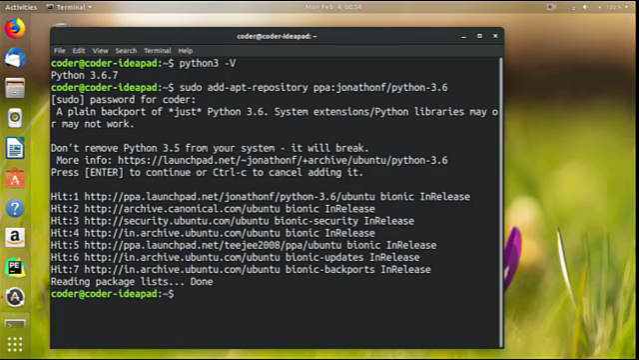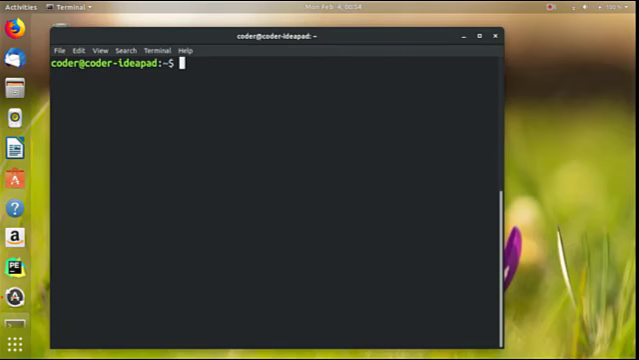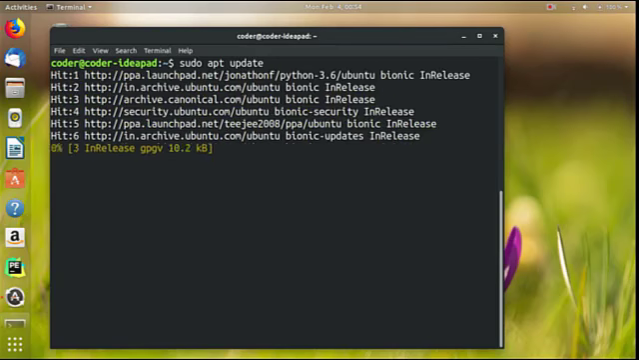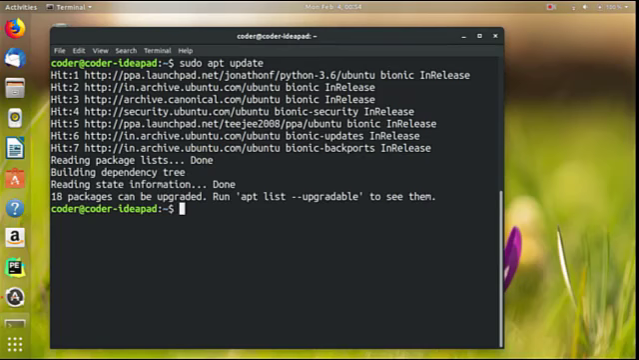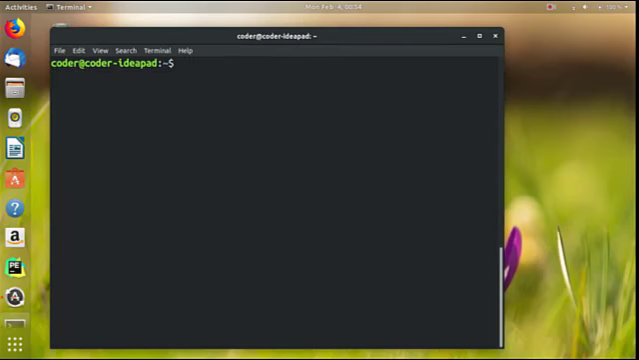Once this is done, the repository is added. Now the next command is to update our repository sources. So type sudo apt update and hit enter. Make sure your internet is working. Then we will install Python 3.6. So type sudo apt install